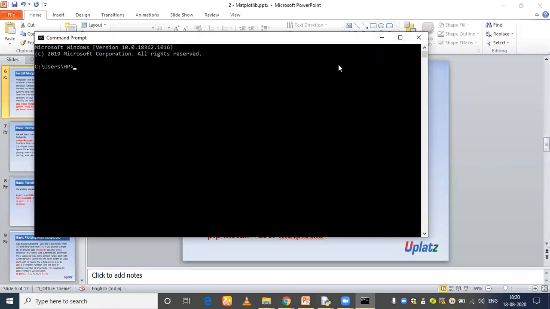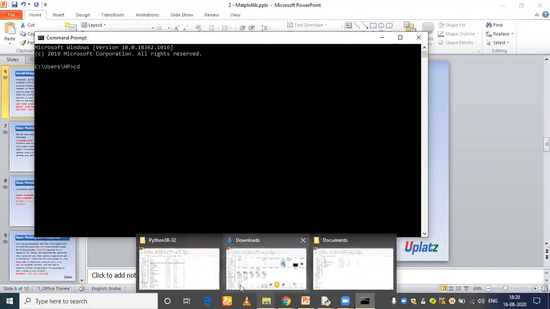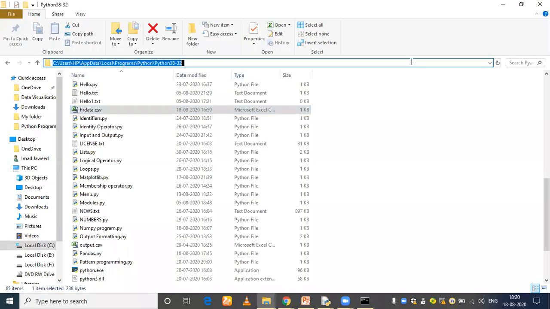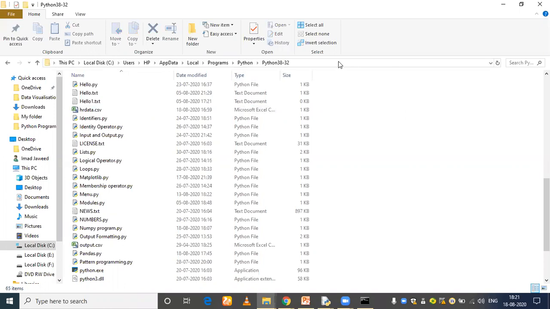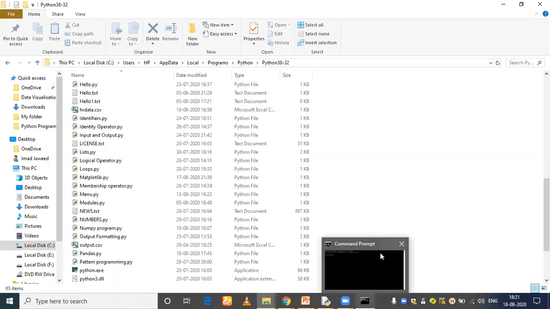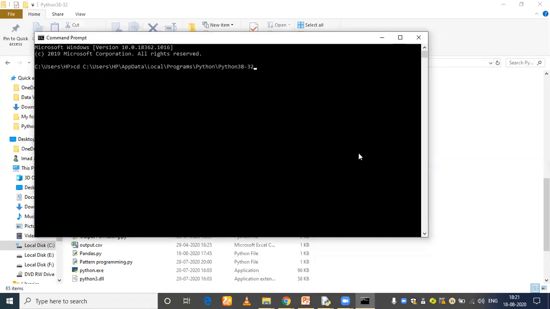First of all, I need to change the directory with the help of cd, and then I need to specify the path for my current directory. So let me show you where is my path. This is my path. So I need to copy it. This is my current working directory of Python. I need to copy this path and paste it here. After that, just press the enter button.